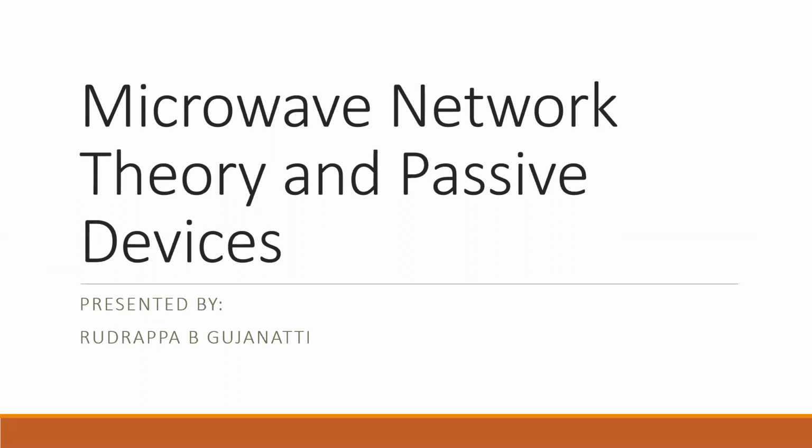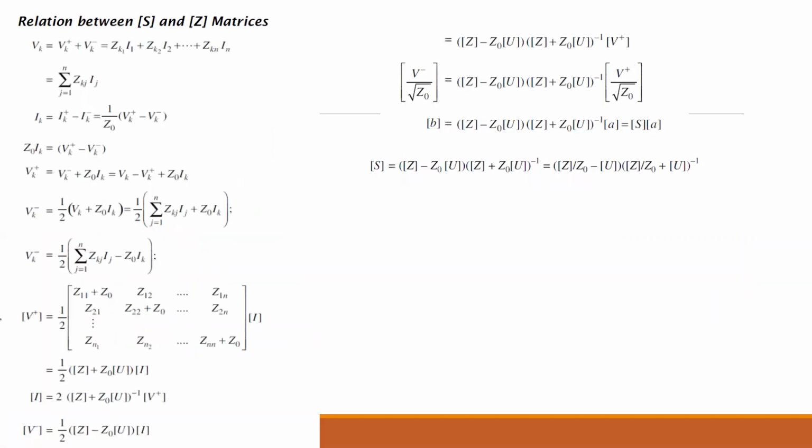In previous sessions, we started our discussion with respect to microwave network theory and passive devices. Prior to this, we had a discussion pertaining to what is meant by Z, Y, H, and ABCD parameters, how they are obtained with the short circuit and open circuit conditions, and why those cannot be utilized in high frequency, that is the microwave frequency circuits. In order to realize those, S parameters are utilized. S parameters are nothing but the scattering parameters, which give us the association between the reflected wave amplitude and the incident wave amplitude.